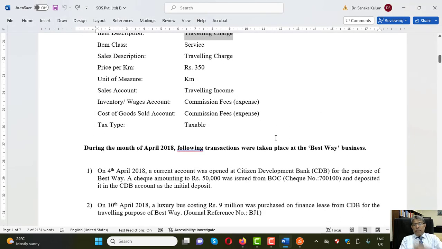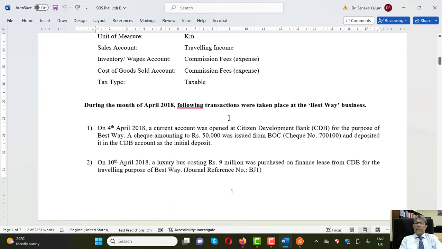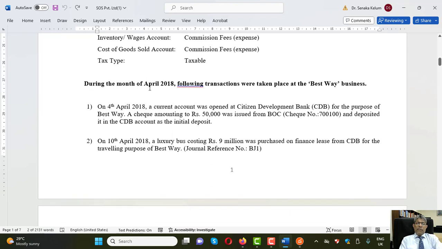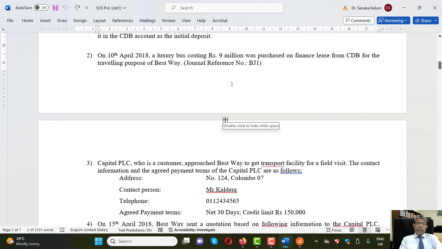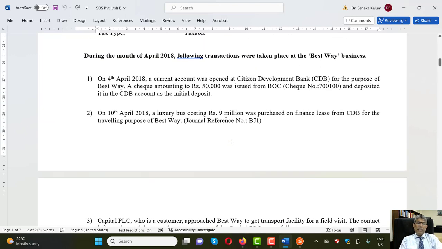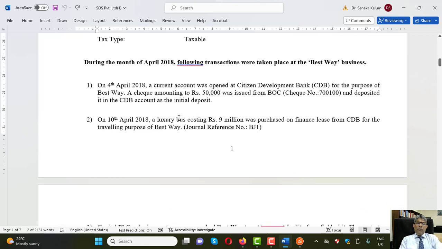So now we have completed the first task, creating part. We are asked to now process the transactions. So first of all we have the SUB transaction, that means your new unit transaction. We will be doing that transaction first, and then we will look at the major transaction relevant to the old business. So it says on the 4th of April 2018, a current account was opened at the Citizen Development Bank